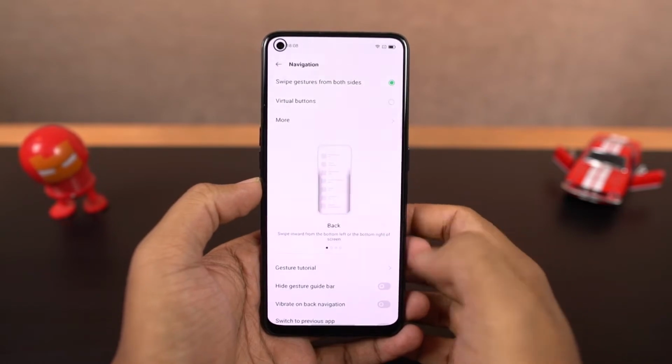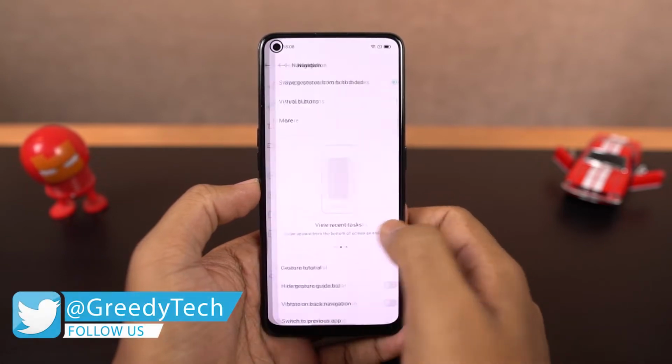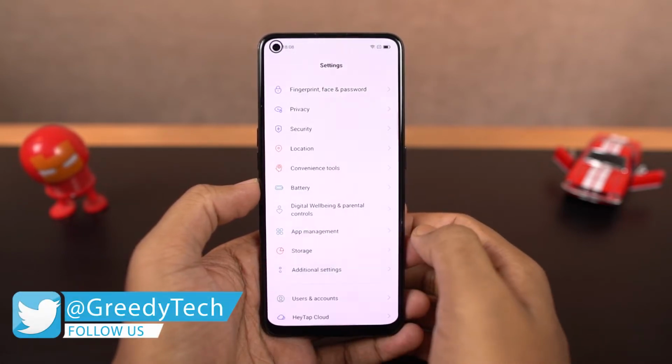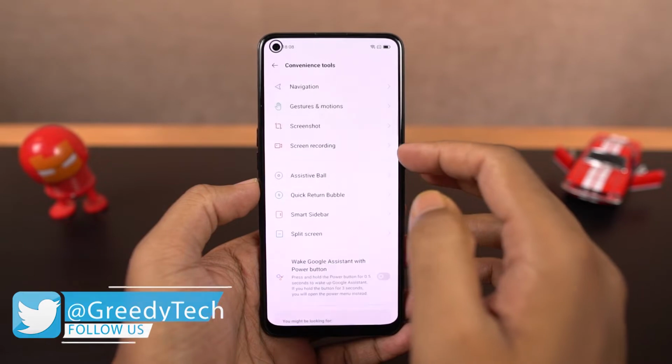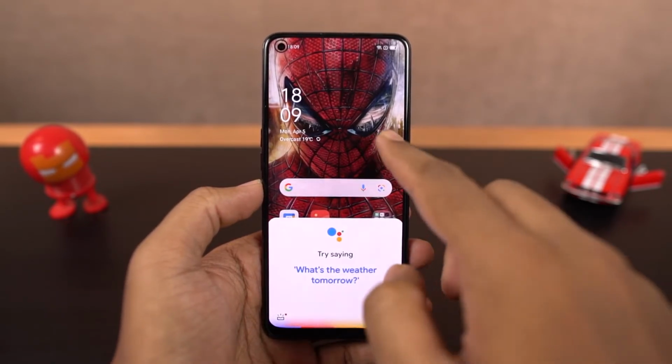To go home, you can swipe from the bottom of the screen. For recent apps, you can swipe and hold. Now to go back a step, you can swipe from the left side or the right side and it takes back a step. For Google Assistant, you can swipe from the bottom left corner or bottom right corner diagonally to